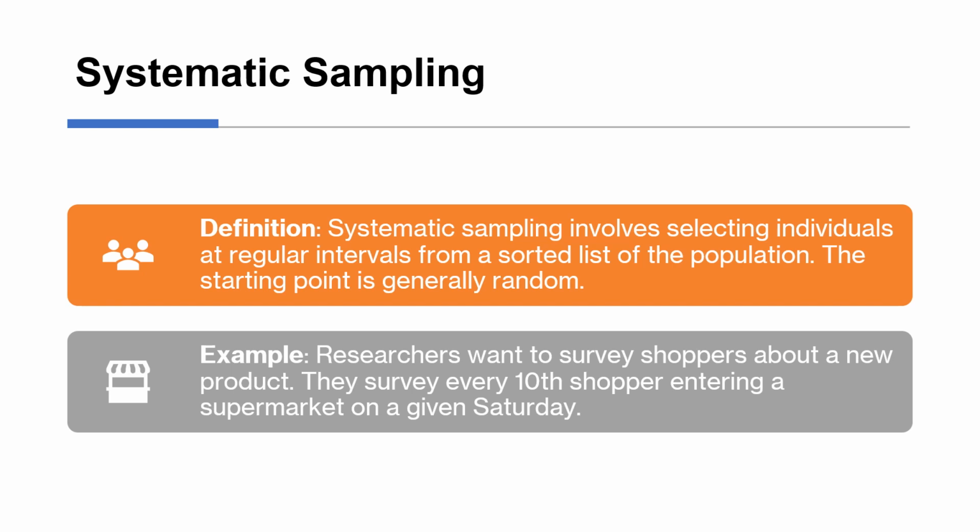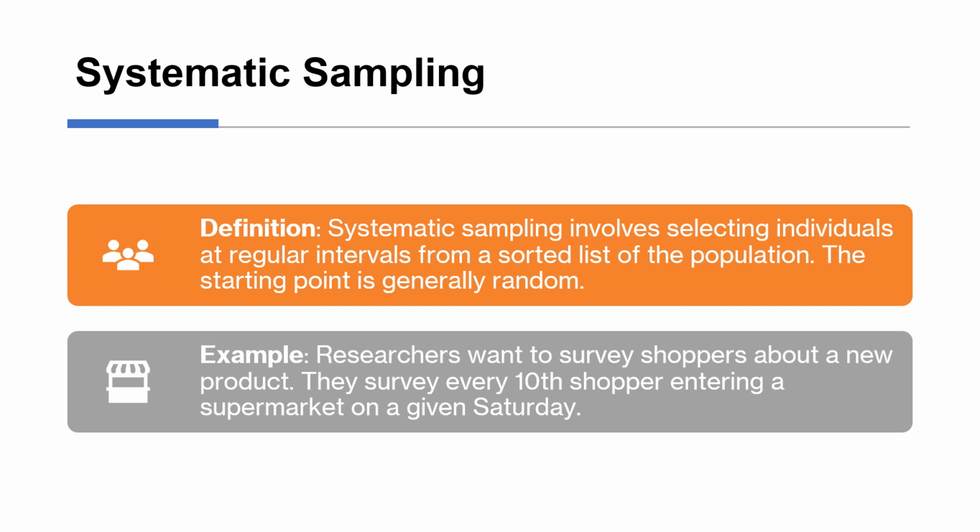Systematic sampling is the last sampling method we're going to mention today. Systematic sampling involves selecting individuals at regular intervals from a sorted list of the population, and also having a starting point that's generally random. So, for example, rather than survey the first 100 people that walk into the supermarket when you're trying to get a sense of the average shopper, if you were to survey the first 100 people that